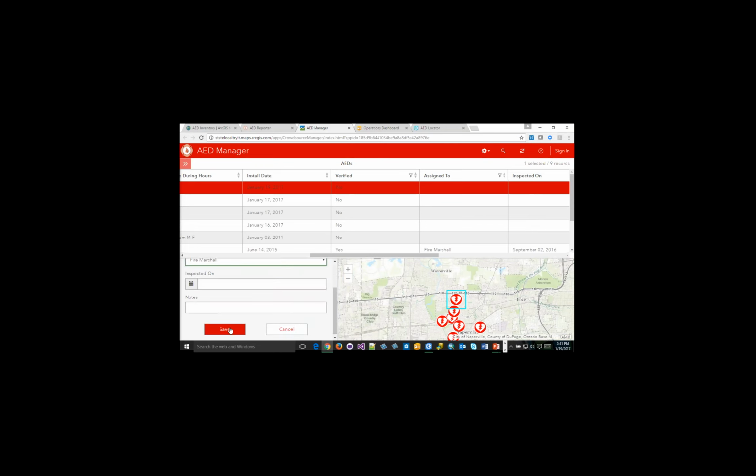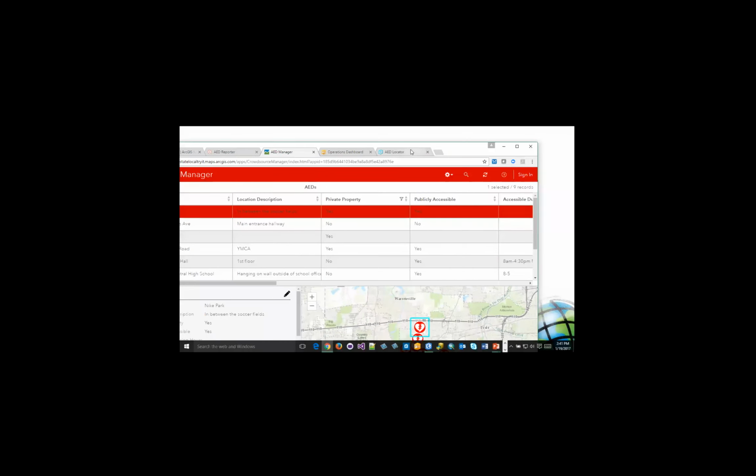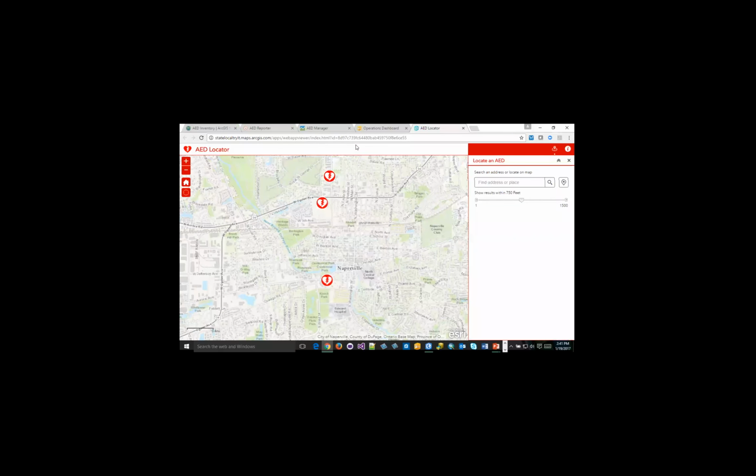I can identify when it was inspected on, save that location, and then ultimately begin to make this available maybe to my dispatch system in my community, or potentially, if I can just minimize that, to the public in an application called, a new solution called AED Locator. So AED Locator now allows citizens within the community or businesses to actually find the nearest AED within the community